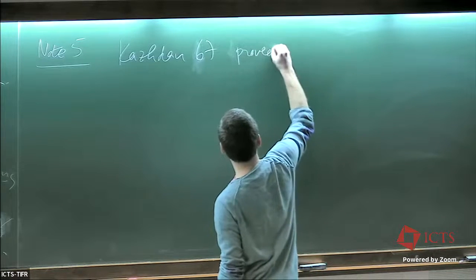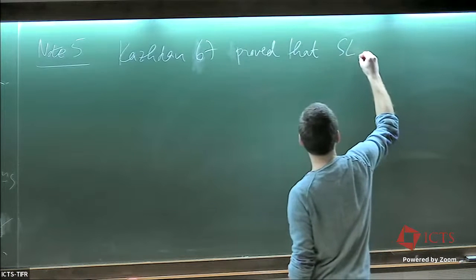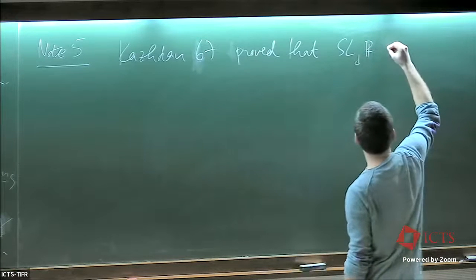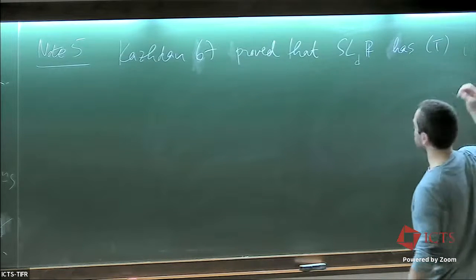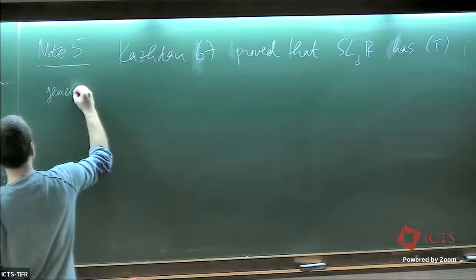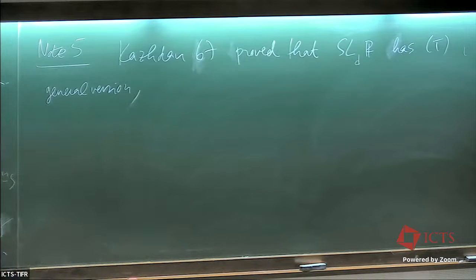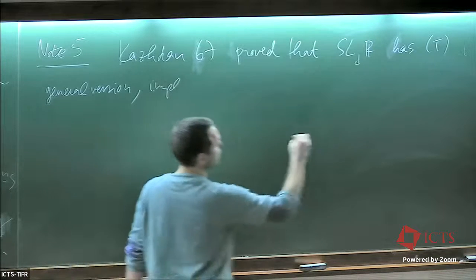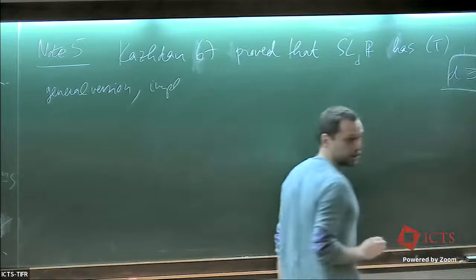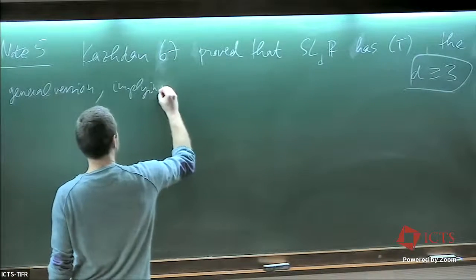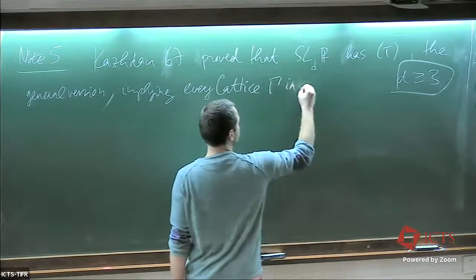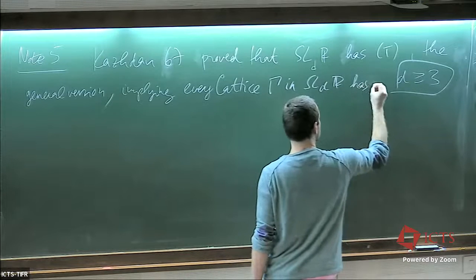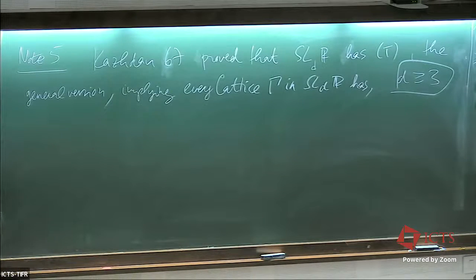So he proved that SL_d(R) has property T. Okay, of course I have to say here the general version, which implies, with d at least 3, implying that every lattice in SL_d(R) has it. He proved that this implies that lattices have property T, and his reason for doing this was